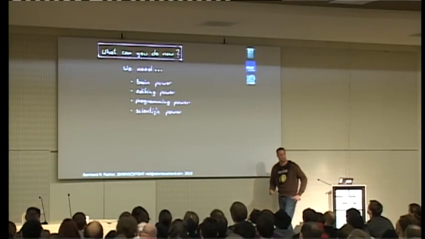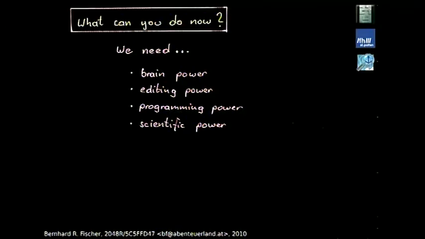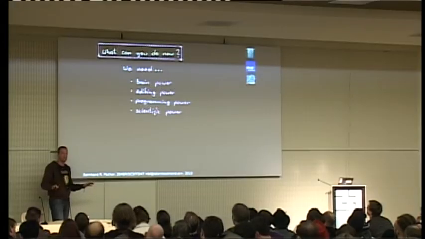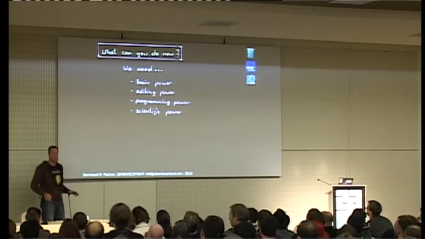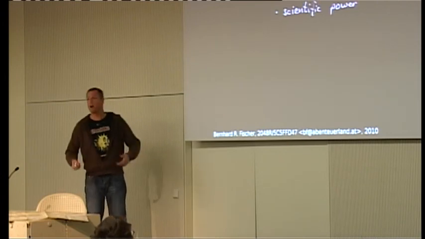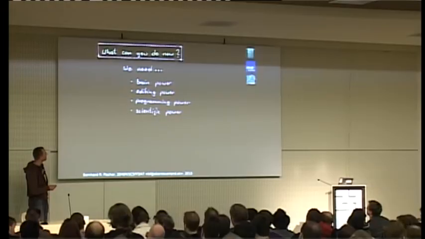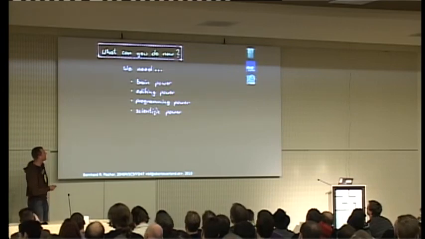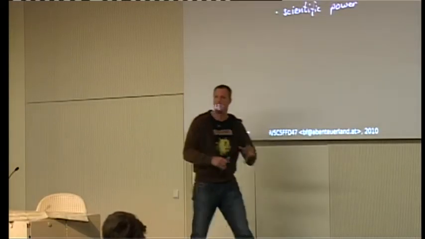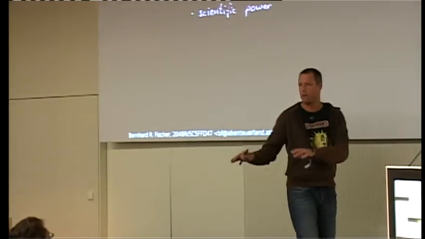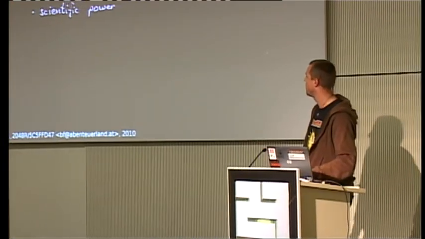So what can you do now? Actually, there is lots of work. As with all of those projects, I need people that do a lot of work. There's not just programming, as you see. There are a lot of different problems that are associated with programming. Of course, we need programming, but as I say, we need brain power to think about those problems. Editing the map, programming, scientific power on research, on calculating models of water depth, of tide tables, stuff like that. Not everything is public.